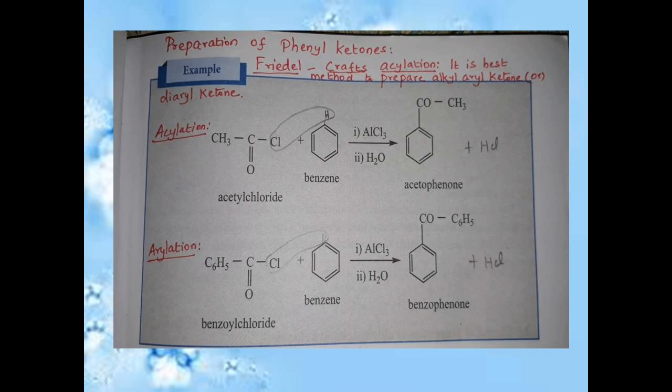The next one, arylation. For arylation, benzoyl chloride is used with the benzene. Benzoyl chloride formula is C6H5COCl. Here also one of the hydrogens of benzene reacts with the Cl. The remaining things are added with the benzene. We get C6H5CO attached to benzene. Here that name is benzophenone. How is it benzophenone? C6H5CO is called benzo, and from the benzene, one of the hydrogens is removed, so it is called phenyl, but the phenyl is added with the ketone, so it is phenone. The name of this compound is benzophenone.